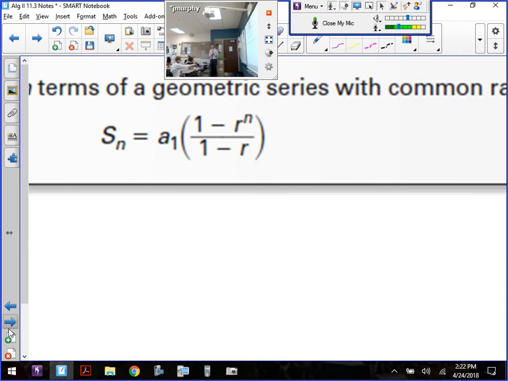Obviously, again, we can solve for rate, we can solve for n, we can do a couple of things here and there depending upon what info you're given. It's going to be very similar to what we did with arithmetic, two parts: find the sum of the first so many, and how many do you have to add up to make it equal to a certain value. Okay. For example,